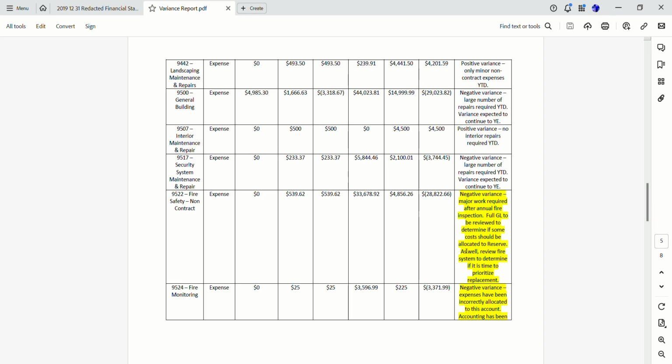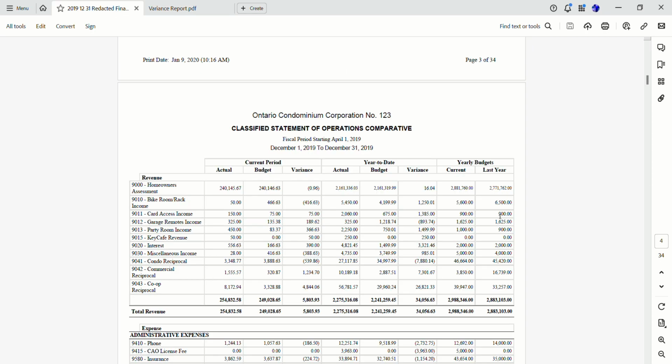You can review all the details of the variance report, and if you do have any questions, you can get back to me and let me know. I will give you a fully detailed answer for the variance report. And we get back to the